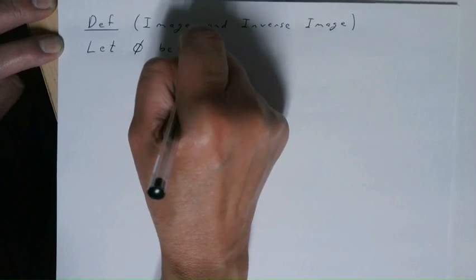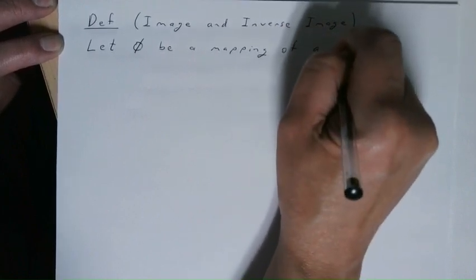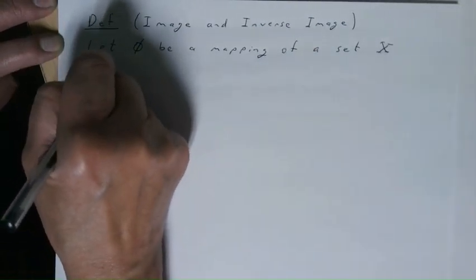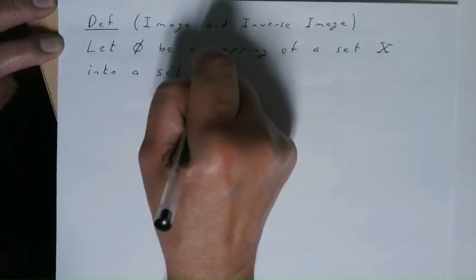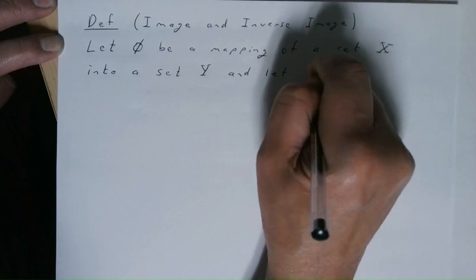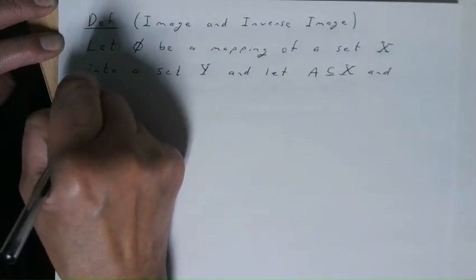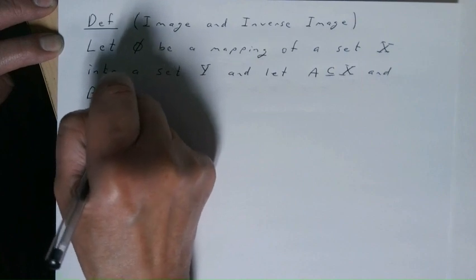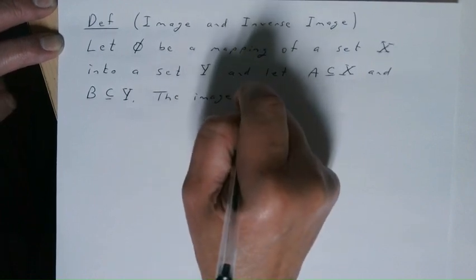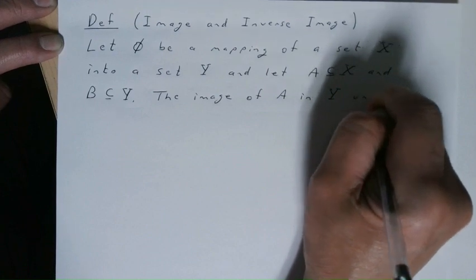Let phi be a mapping of a set X into a set Y, and let A be a subset of X and B be a subset of Y. The image of A in Y under phi